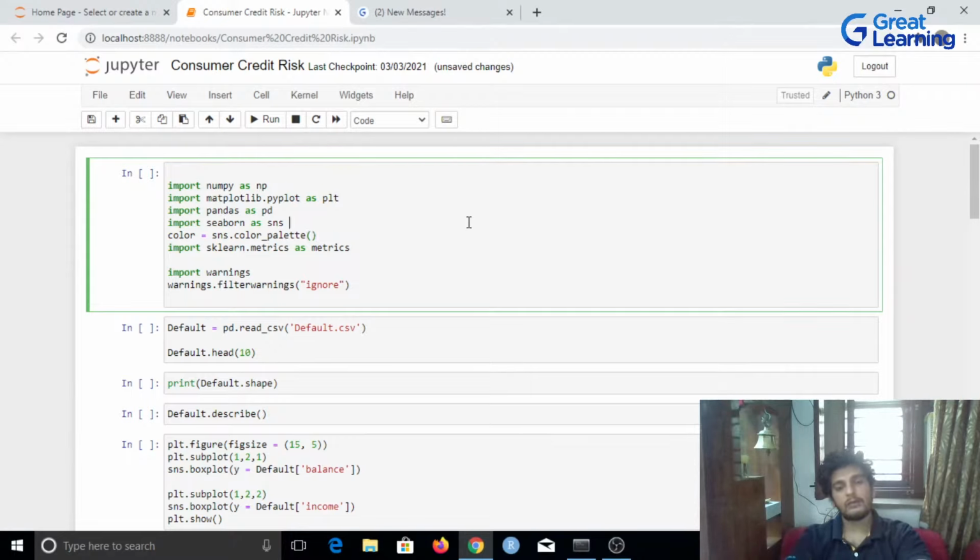Now what we shall do is import all of the required libraries for today's session. We would need NumPy, Matplotlib, Pandas, and sklearn. NumPy stands for numerical Python, and whenever we have to do basic operations on arrays, we would need NumPy. Then we have Pandas, which is a library used for data manipulation and data wrangling. If you want to perform basic exploratory data analysis, Pandas should be your go-to library in Python.